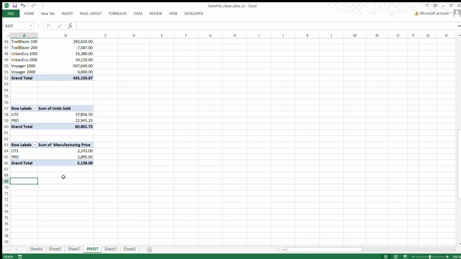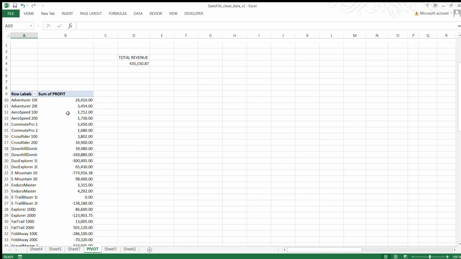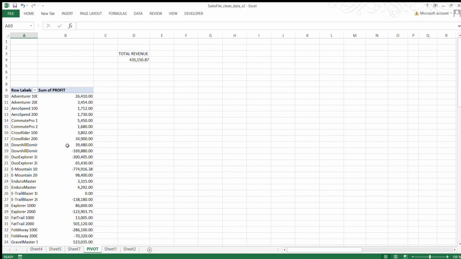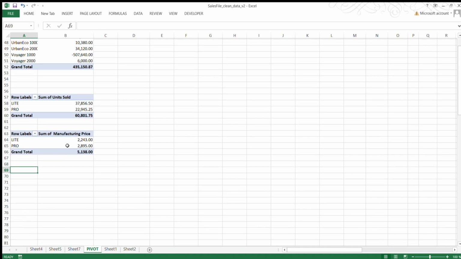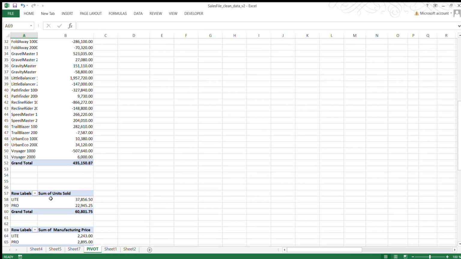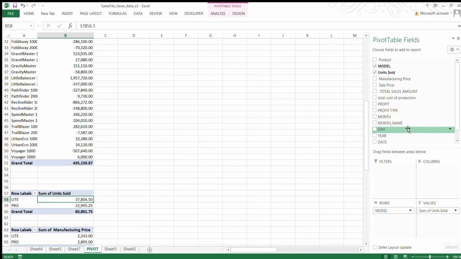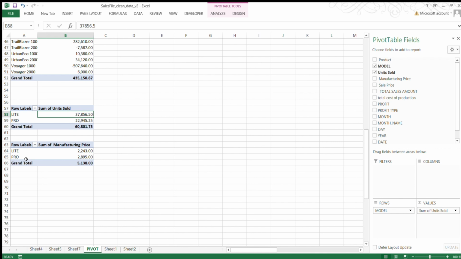So we have created, for sales, manufacturing price, units sold, the revenue, which we have used, some of profits. And now another thing we can do in our data? Don't forget we have dates. You can see our sales performance over time. So let's get on with the dates,